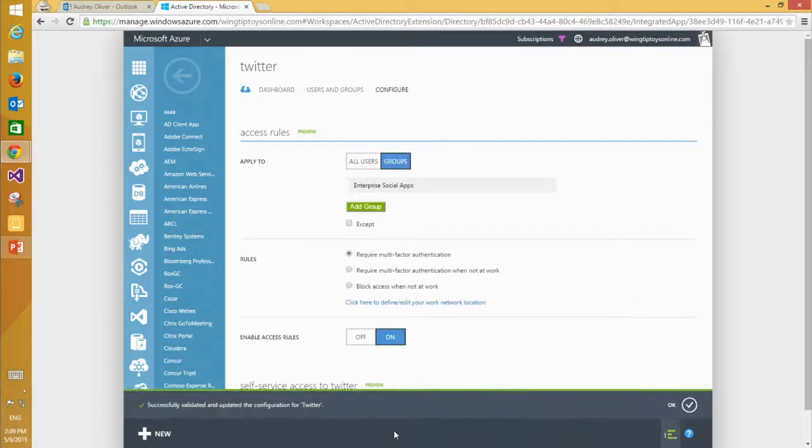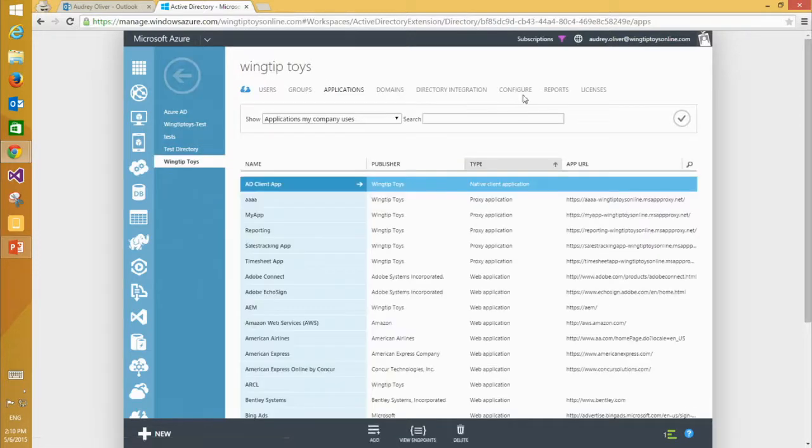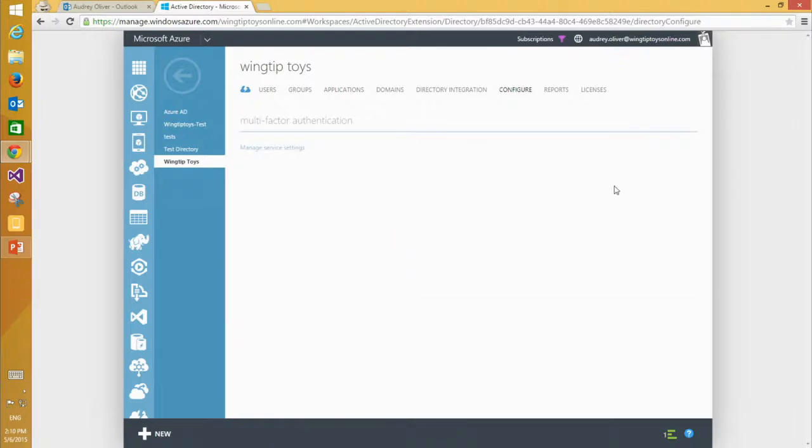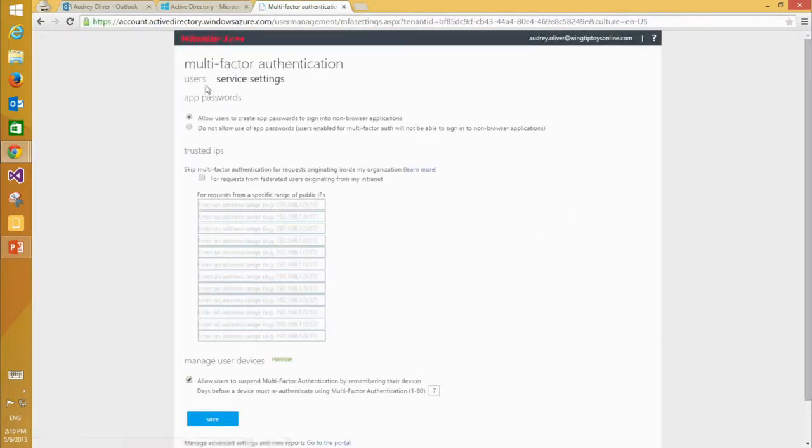Remember, I said everything we're showing you here can be done in minutes. I just set a conditional access on a specific application. It happens to be on a shared account for a specific application, so it's very fine-grained conditions, and I didn't need to spend hours defining the rules and setting them up across the various systems. Now, because we did all of that, I also want to go through and remove the multi-factor authentication requirement from Audrey herself, so next time she logs in and doesn't access one of these more sensitive applications, she's not forced to do MFA, and she stops complaining. So we go to the users here. We search for Audrey.